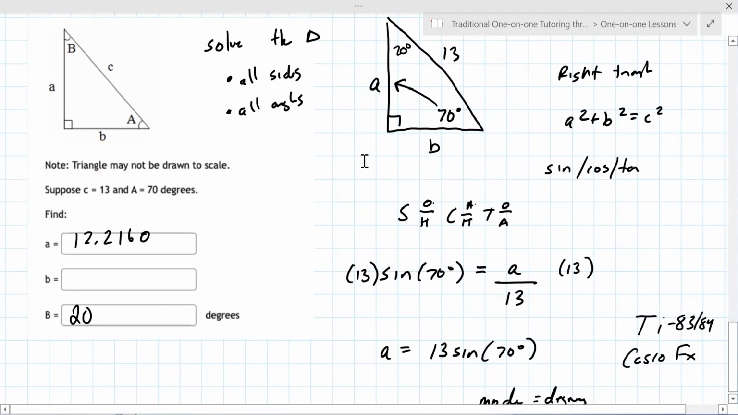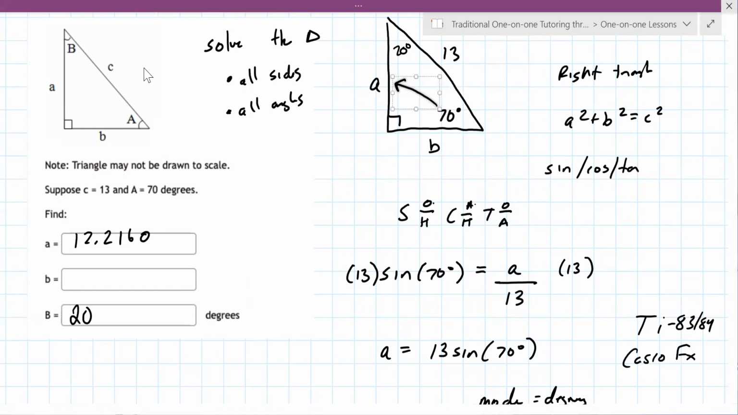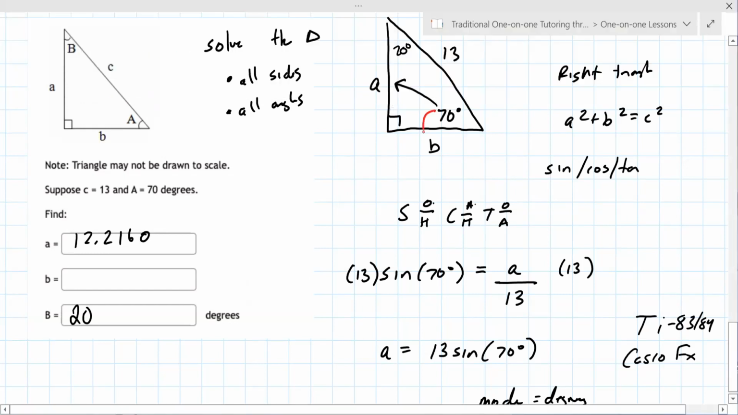See, this is where I get confused, because how do you know which side to use if you're trying to find B? Does it matter? Okay, let's keep going with that. Actually, I'll do it in a different color because that'll help here. So relative to angle 70, B is now the adjacent. Okay, so that tells you you're going to use cosine